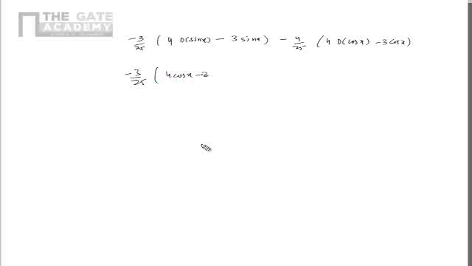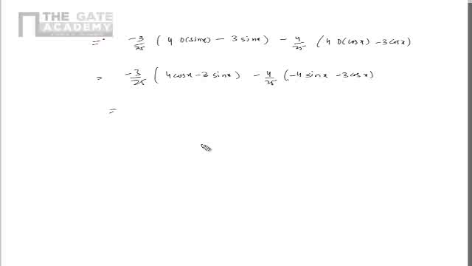D is basically like a differential operator, so you can write minus 3 by 25 times differentiation of sin x, minus 3 sin x. Similarly, minus 4 by 25 times d by dx of cos x, it doesn't mean something magic. Minus 3 by 25 times the derivative of sin x is cos x, and this is minus 3 sin x. Then you have minus 4 by 25, times the derivative of cos x, minus sin x, minus 3 cos x. So if you just simplify,